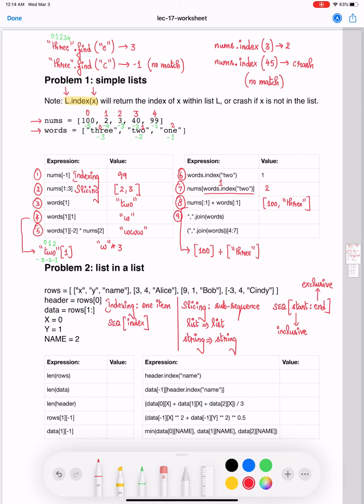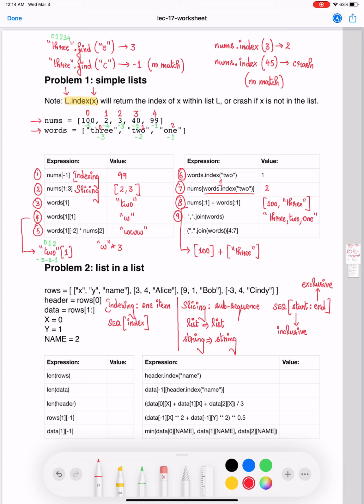We are using the join method call. Recall that join method call enables you to join a list of strings together using the separator. The separator here is comma. So the output of this particular join method call, which is supposed to join the items within the words list, is going to be a string which has the value as THREE, comma TWO, comma ONE.